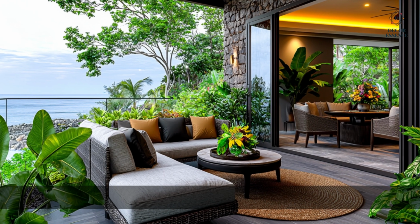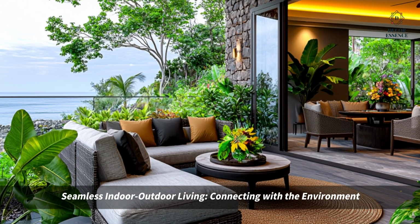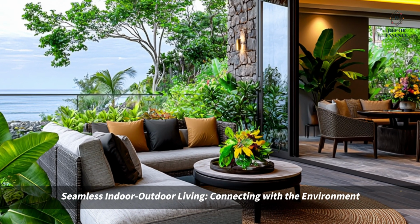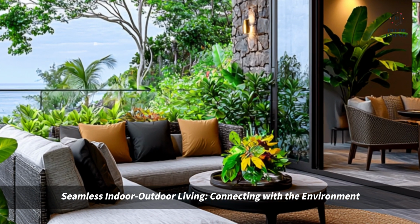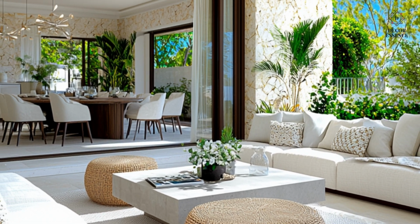Seamless indoor-outdoor living, connecting with the environment. This home blurs the boundaries between indoor and outdoor living. Large sliding glass doors open onto spacious terraces and decks, allowing residents to enjoy the outdoors at any time of day. The layout encourages an effortless flow from the living areas to the outdoor spaces, where they can enjoy the